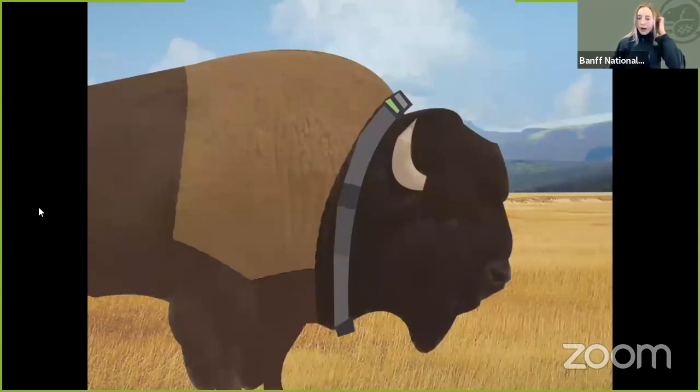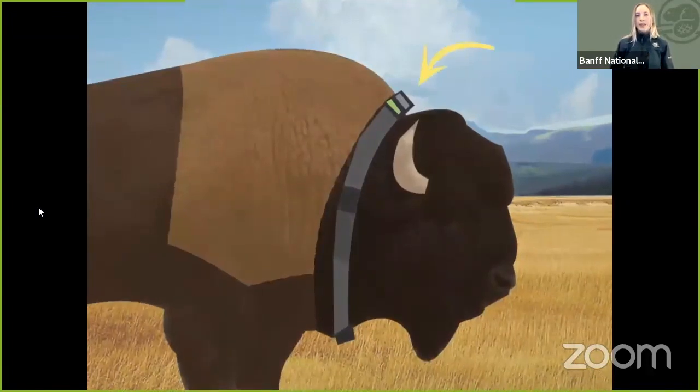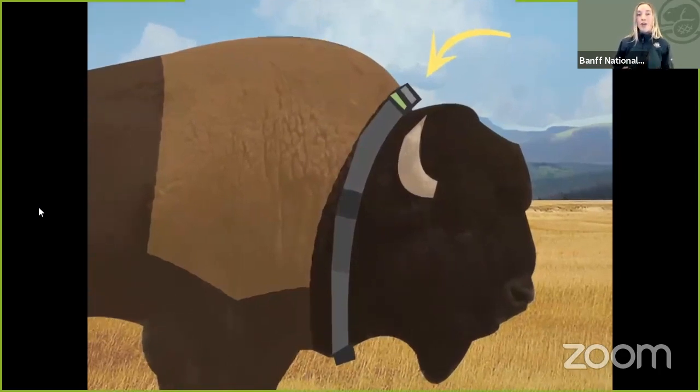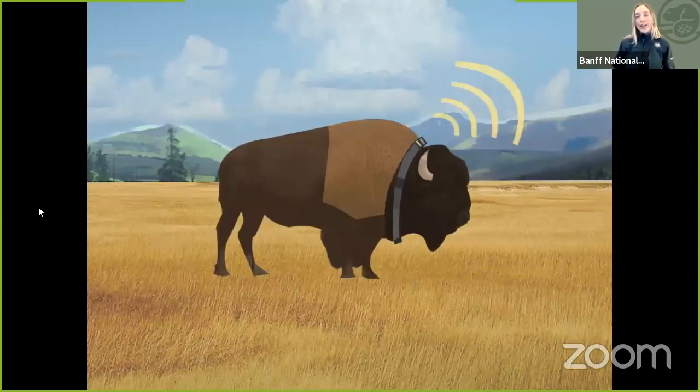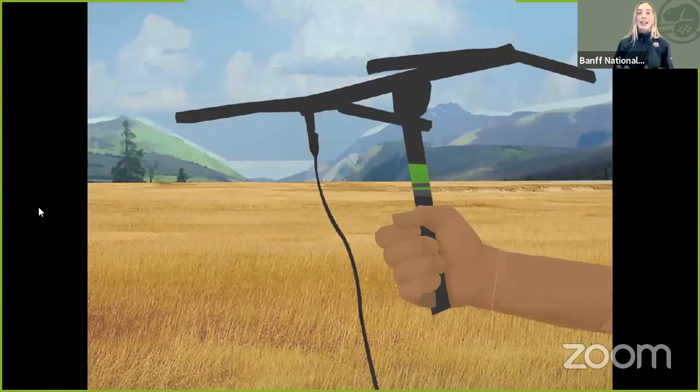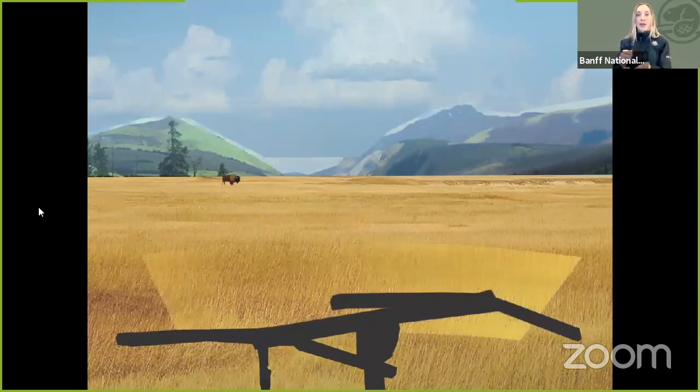So as you remember, we gave each of our bison a radio collar. And these are really special collars because each one gives off a unique signal, which is kind of like the bison's own radio station. They're all unique to each other. So what we can do is we can go into the field with what's called a telemetry receiver. And that will pick up the different radio stations of the bison. And using that, we can see where it's coming from, where it's loudest, and get an idea of where the